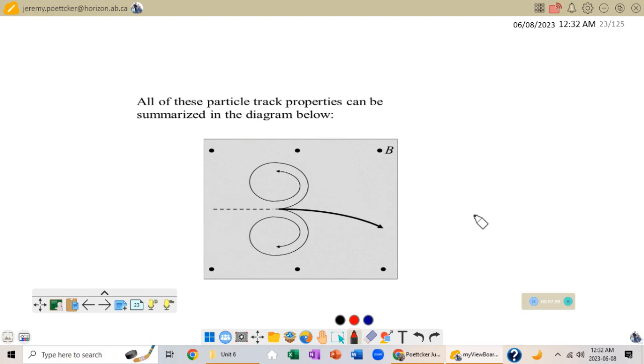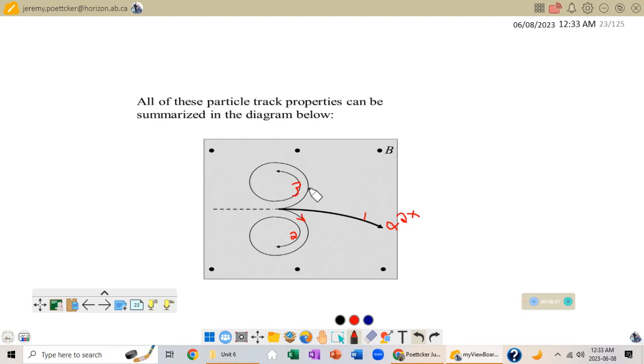So if I look at this diagram here, I can see I've got a magnetic field coming out of the page. I've got a wide track here that tells me this is my alpha particle. Now if I start here, a couple things I should know. Number one, this thing that's moving down here, let's call this track 1, this will be track 2, and this will be track 3. Track 2 has to be positively charged because it is also deflecting the same direction as my alpha particle. It's got to be a lot lighter, so less mass, which means its radius of curvature is smaller. And you can see that 2 and 3 have the same radius of curvature,